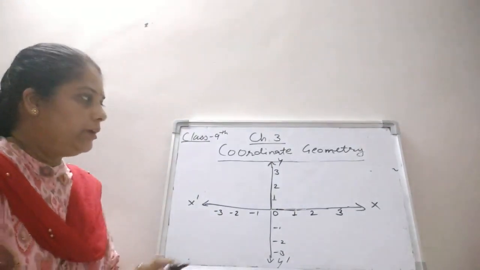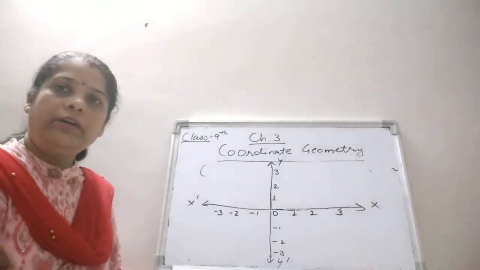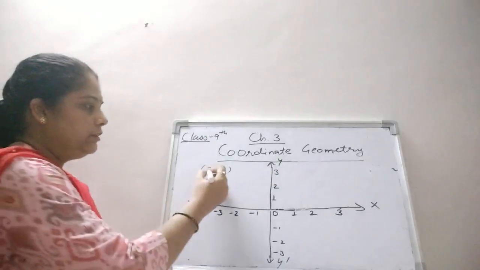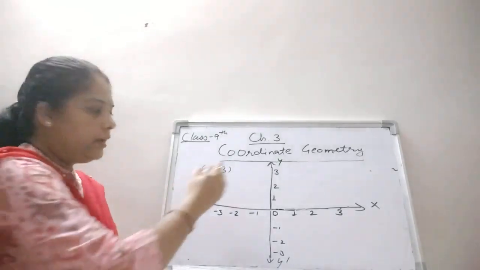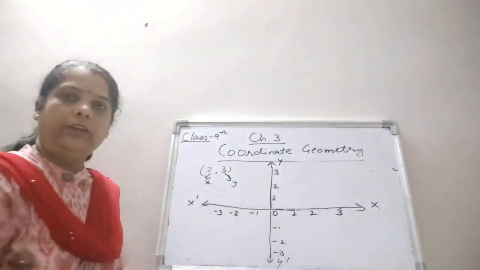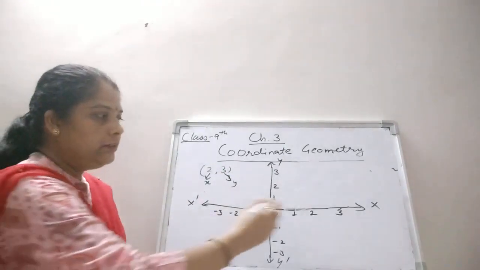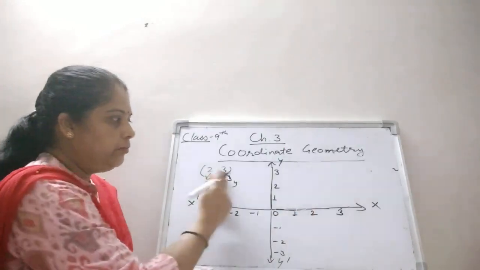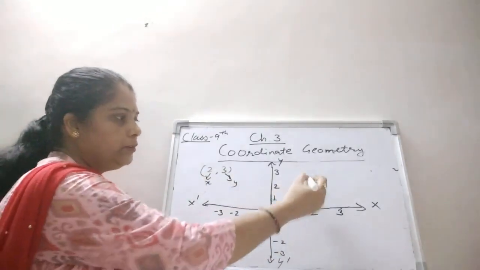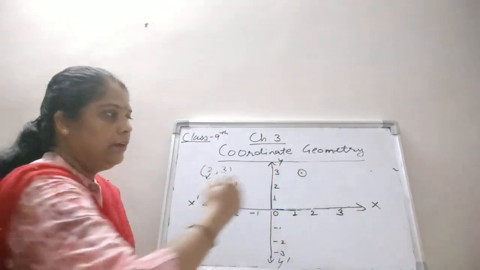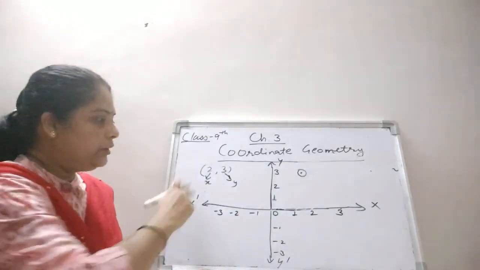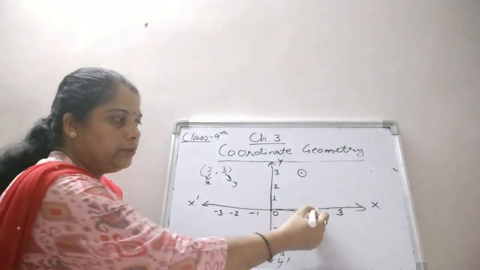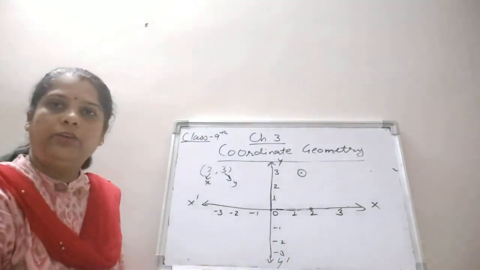If we have an ordered pair, 2, 3, what does this mean? This 2 is the x-coordinate and this 3 is the y-coordinate. So where do we locate this? X-coordinate means here we have 2 and positive 3. So here we have positive 3. So 2 and 3 we locate here. So what is this x-coordinate? X-coordinate is यहाँ से 0 से distance आपका कितना है 2.